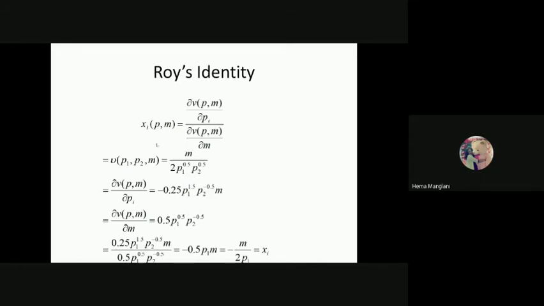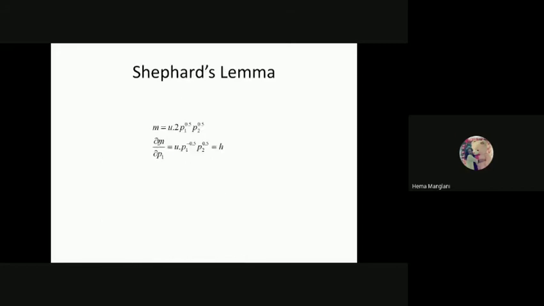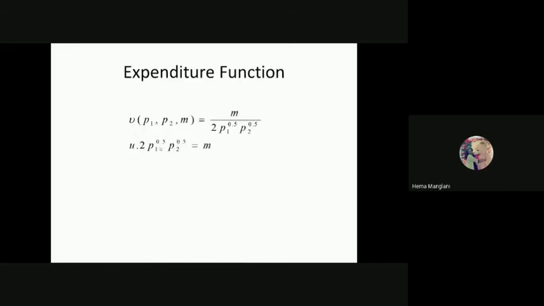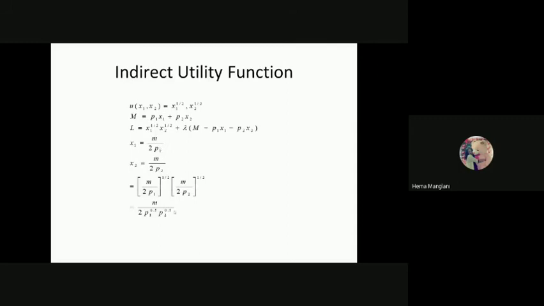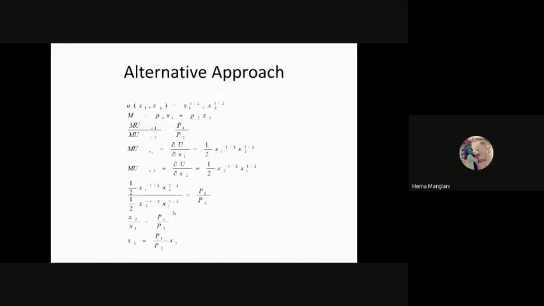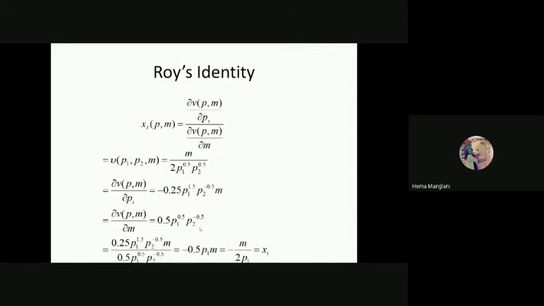So see how you can reach the demand function. First, you need to differentiate your indirect utility function with respect to prices, divided by, again, the derivative of your indirect utility function with respect to money income. I am taking the same given indirect utility function, V equals m divided by 2 p1 power 0.5, p2 power 0.5. Taking the same reference, I'll calculate this Roy's identity.